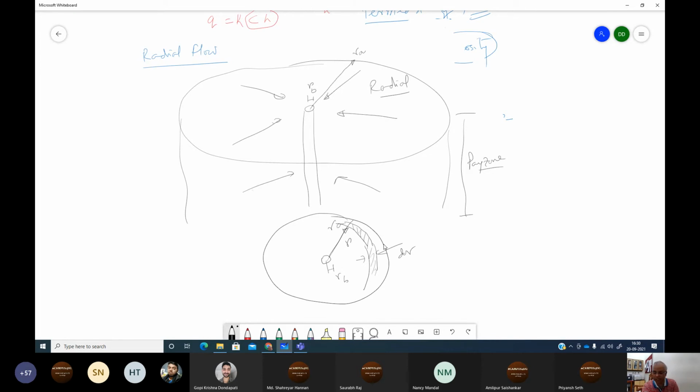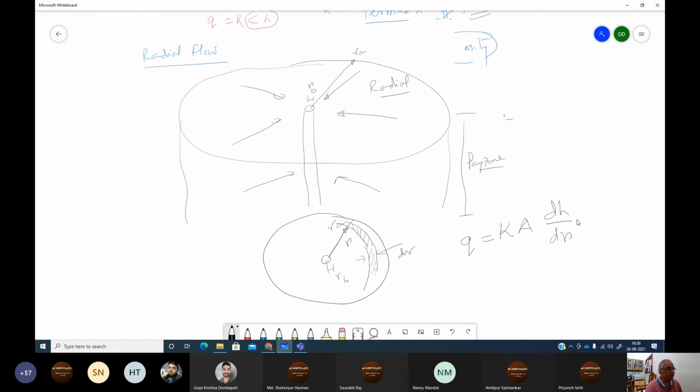So what I see is the differential equation, or that governing equation, that I write for linear flow. How does it change here? Here I will write the Q, which is coming through this small dr, is K, area, I'll tell you what is the area, dH by dr, right?